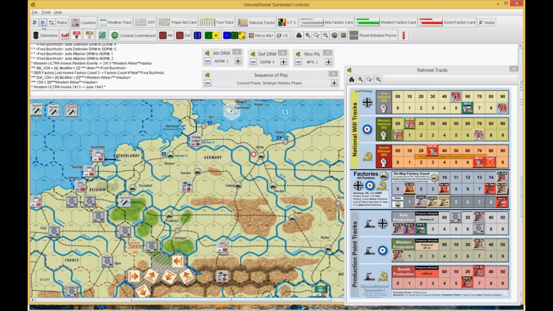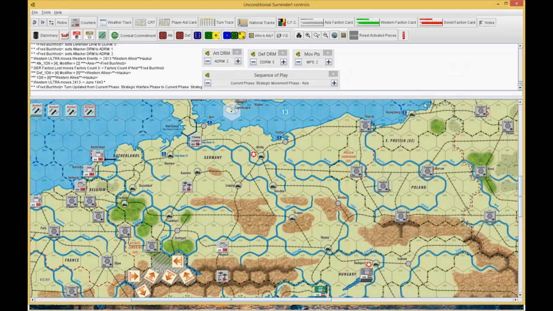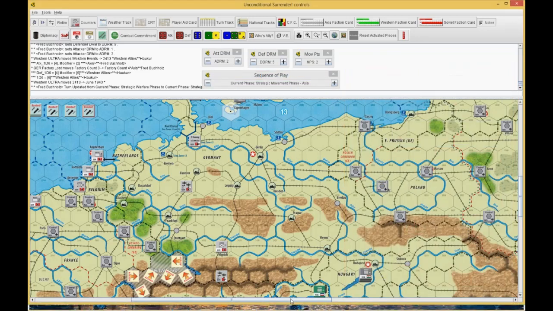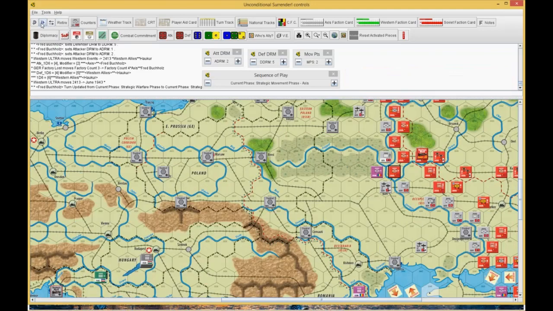And get the bound markers off. And then we're to strategic movement. I can't remember what I did with the Germans here. I know the marker's way up here in the north. Take it and I put it...